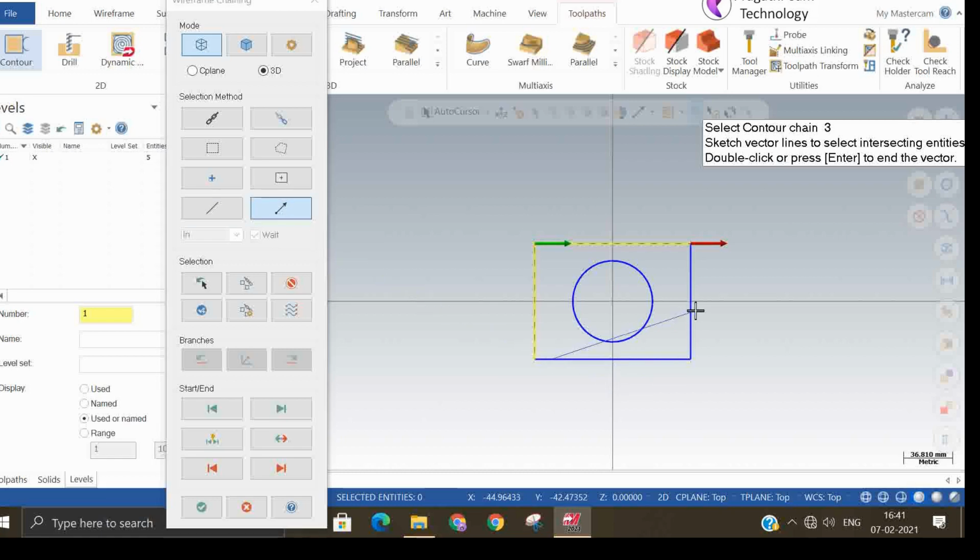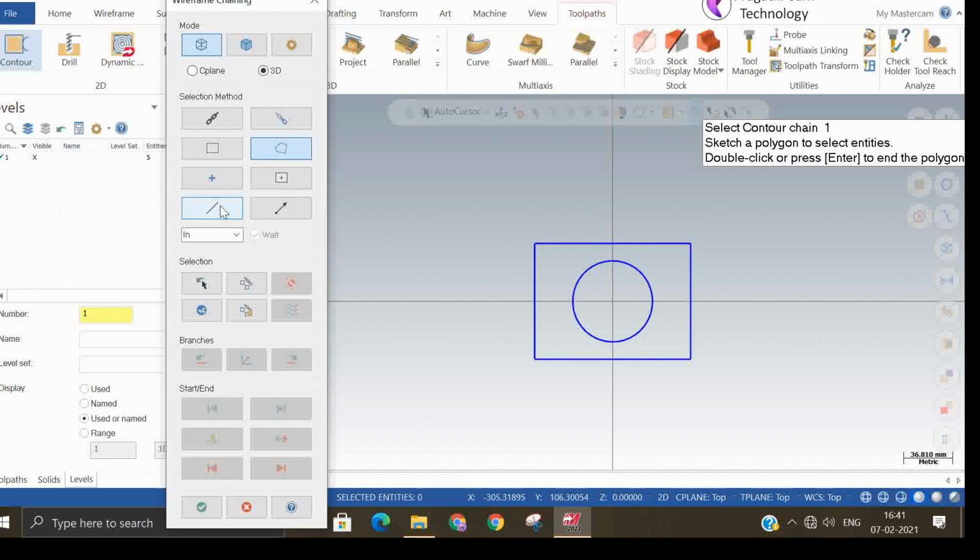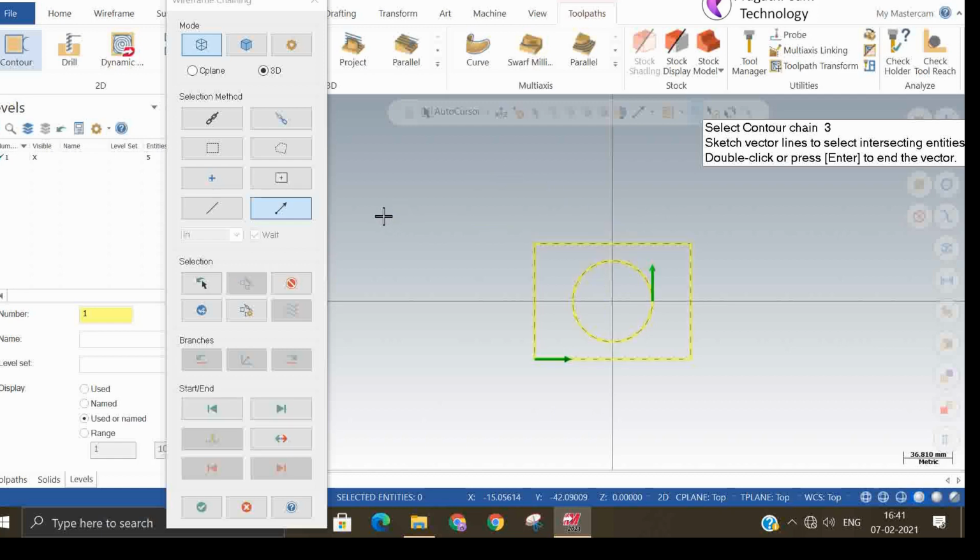It selects single entities too, the vector selection also. So wherever the vector crosses, all the things it will select. Okay.